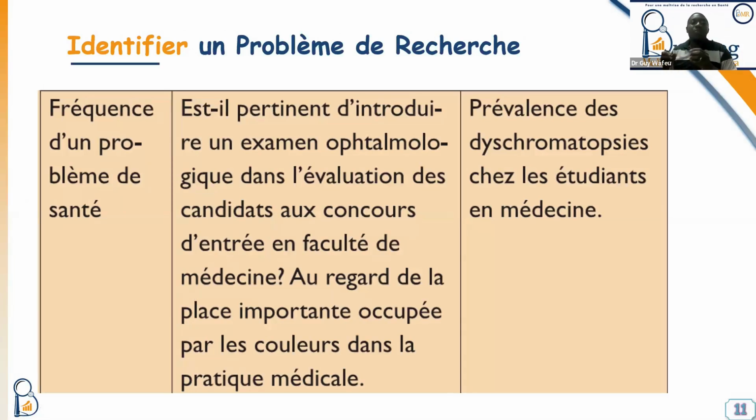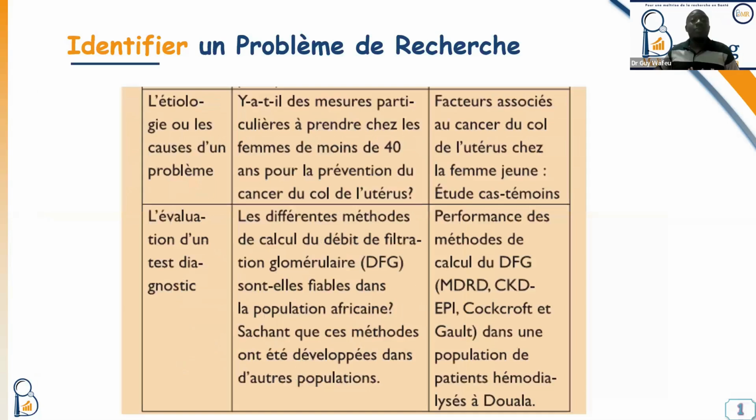You have the axis of the frequency of the problem, or the prevalence. Usually it will help to solve the problem of decision at the level of a population or at an individual level. So that is the first case. The second axis is the problem of etiology or risk